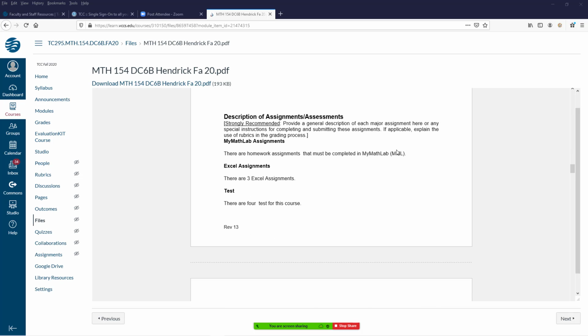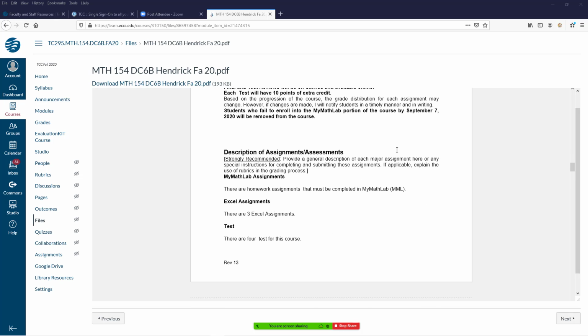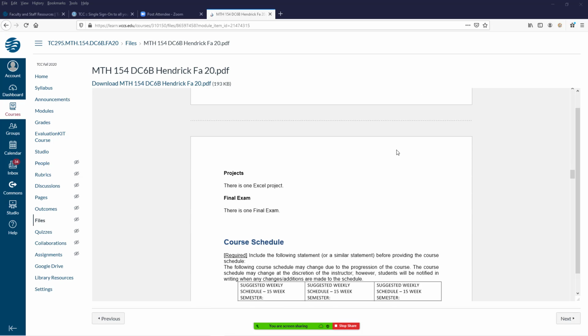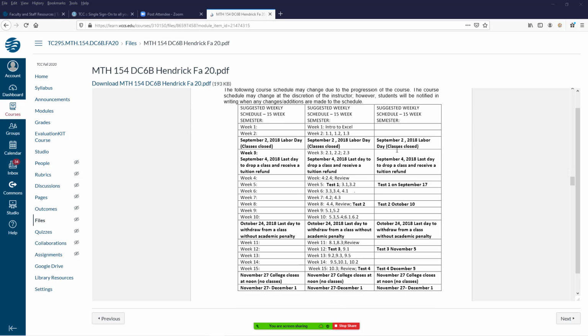Assessments: the My Math Lab homework, three Excel assignments, and then 4 tests for the course. There's 1 Excel project, and the final. And this is a tentative schedule here. So you can see that the first test, test 1,